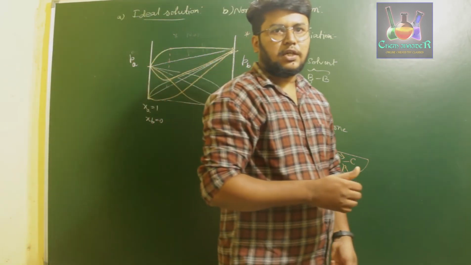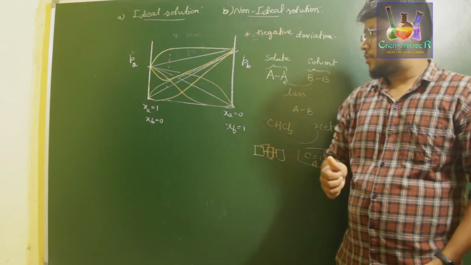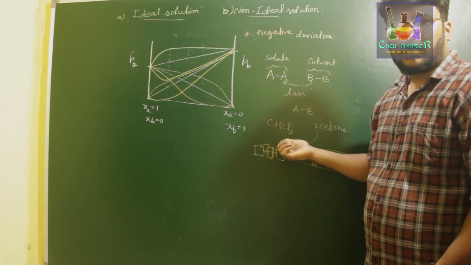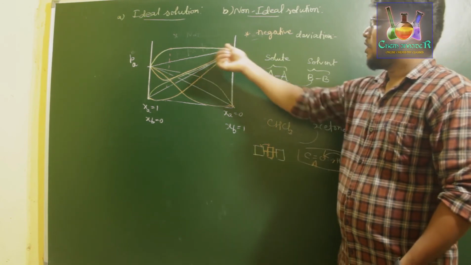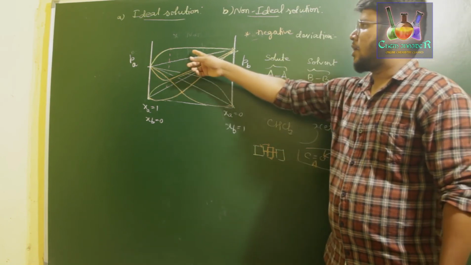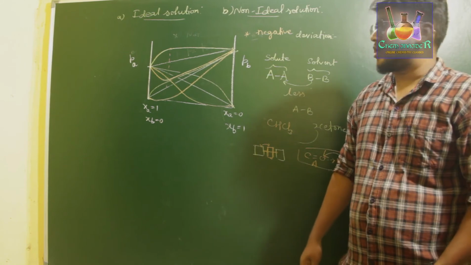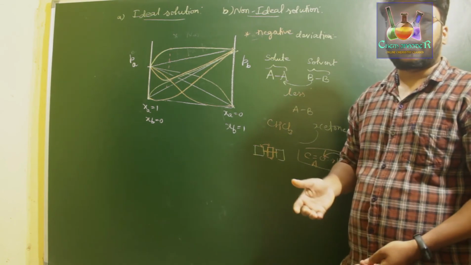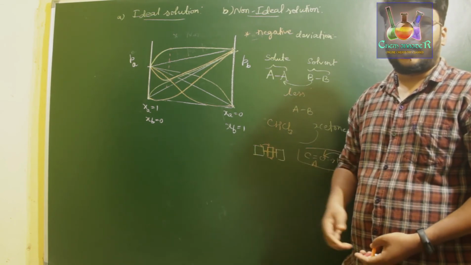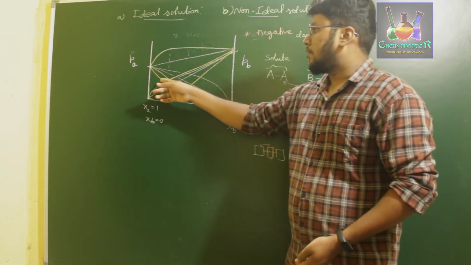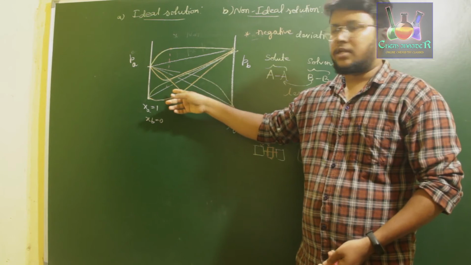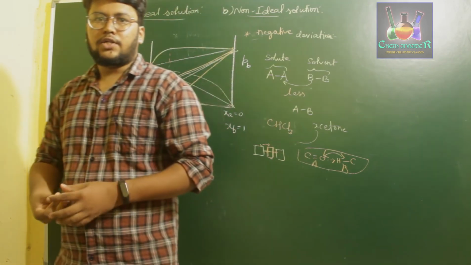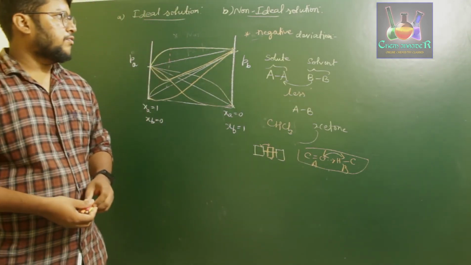So why does positive deviation occur? It is because when you treat two solute and solvent particles which have more interaction when compared to their respective liquid solution, then those have a tendency to form vapor, and therefore we observe a higher value of partial pressure or vapor pressure with respect to the ideal solution. Similarly, if you are treating solute and solvent which has less interaction when compared to its liquid solution, they tend to have a lesser value of partial pressure or vapor pressure with respect to the ideal solution. So this is about the positive deviation and negative deviation of an ideal solution.